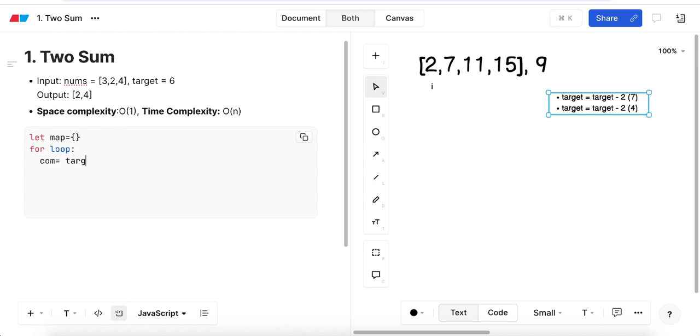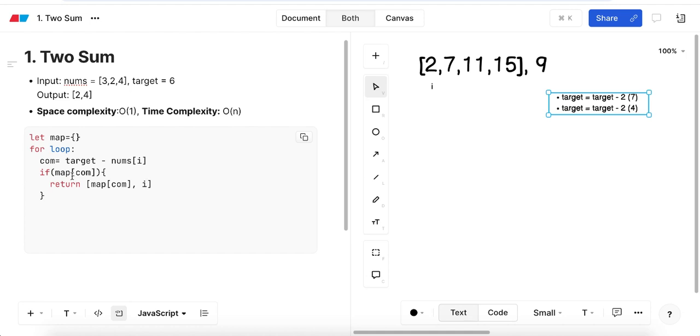Complement would be equal to target minus nums ith index, right? And simply we have to check if map complement exists, then it should return map complement